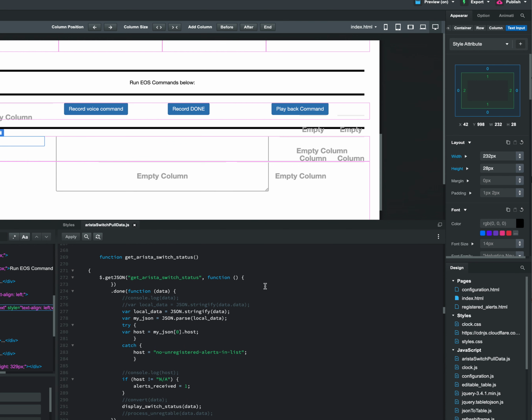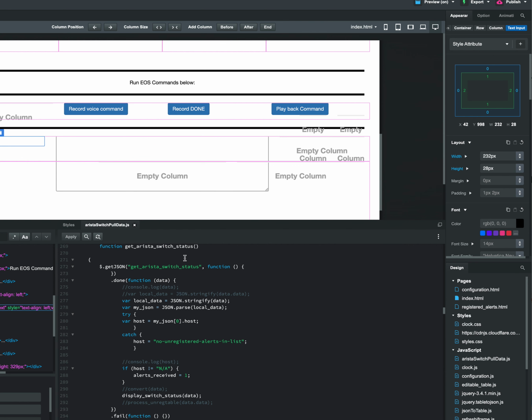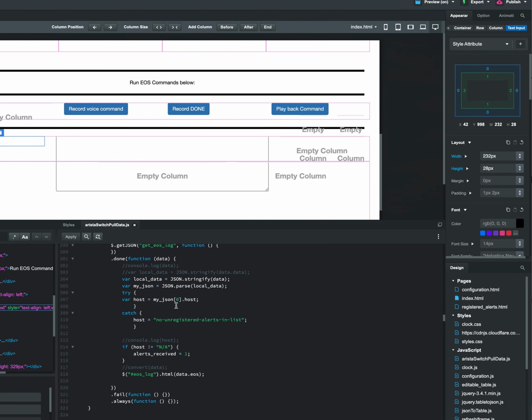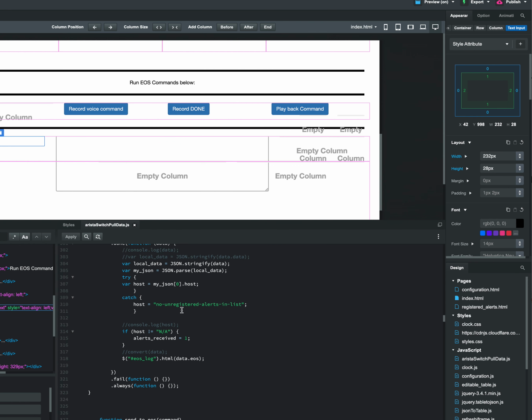So let's see, switch status. What are we doing here? So this actually then makes the call to this endpoint here, get switch status, and then when it's done, we'll get the data and we'll stringify it and we'll attempt to parse it. So that's how that works, and then it looks like I returned that back. Let's see, no, I didn't use a return on that, but